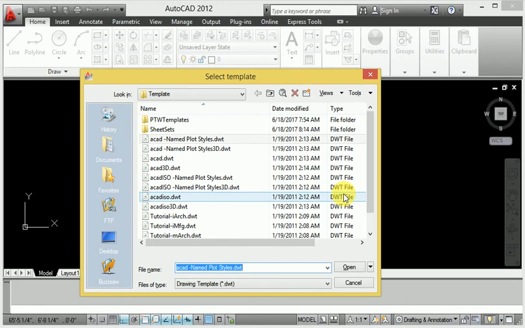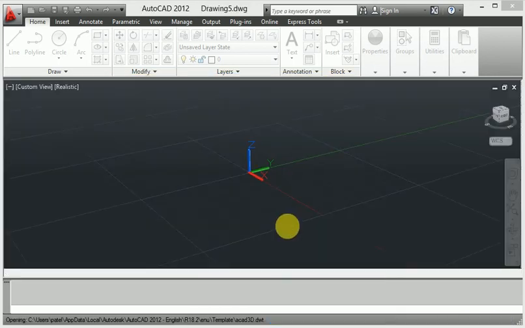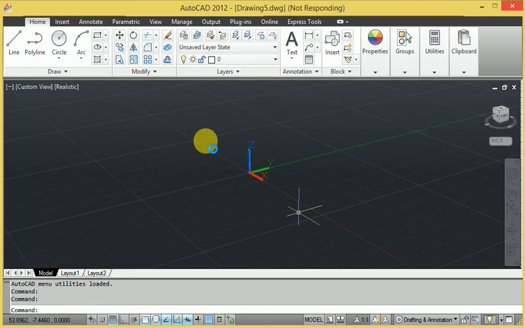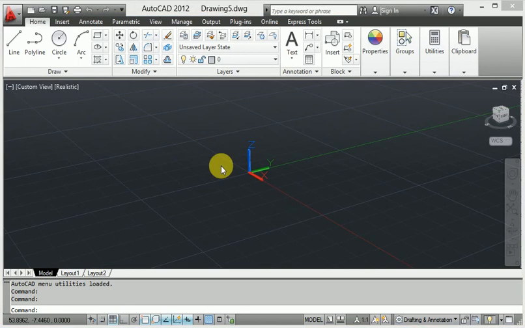You can select the new template, a new background in AutoCAD. Whatever you select here, if it is 3D, a 3D background is automatically created in AutoCAD. Look at this 3D position, the 3D views, and the 3D has been created directly in AutoCAD.